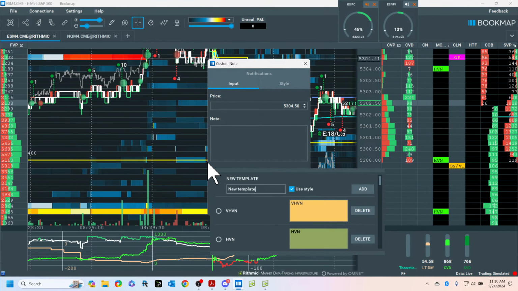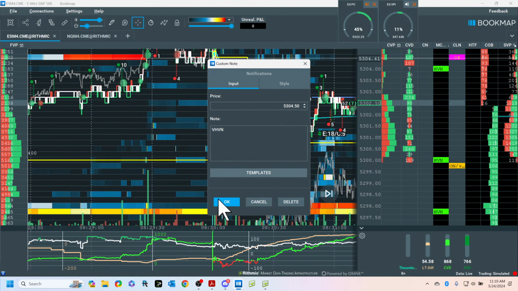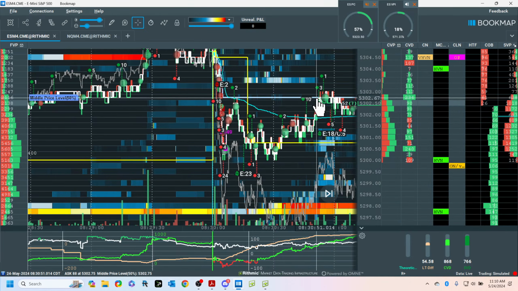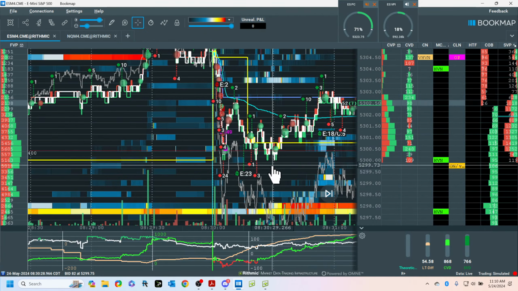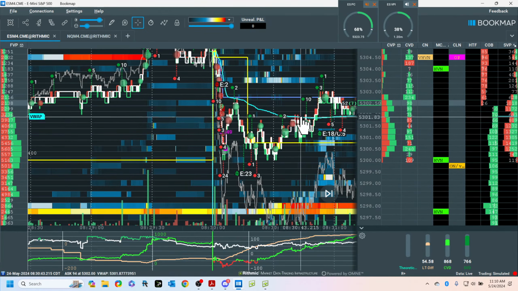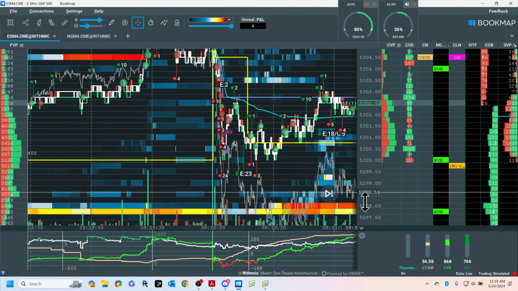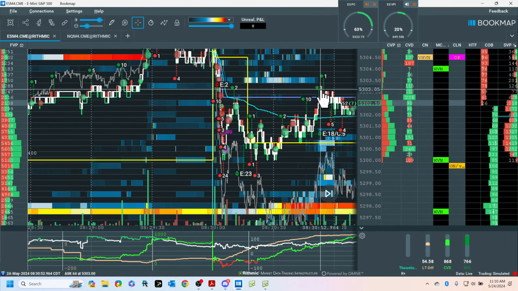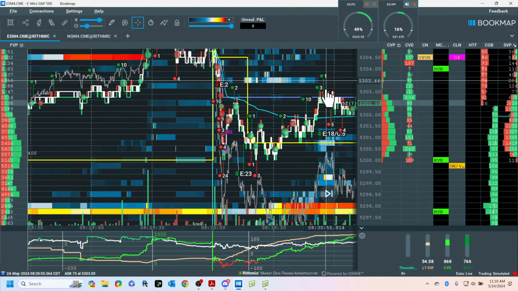So that's too high. So the possibility is the following. This is the possibility. Here to here to here, or here to there, and then down to my other target. So I'm perplexed. So the long is here. So the short to here, and then looking for maybe this. But it could go either way right from here. So let's watch it.